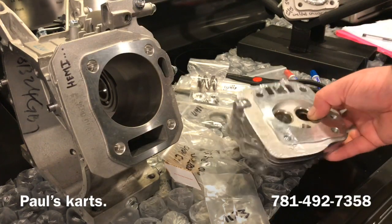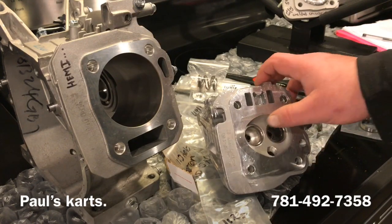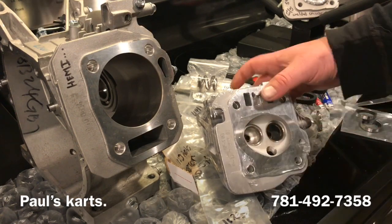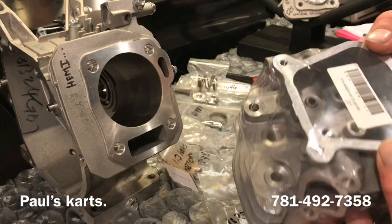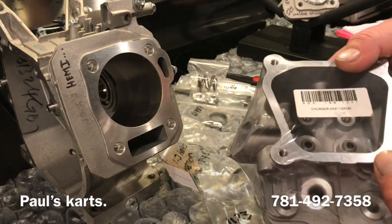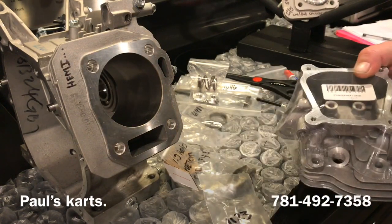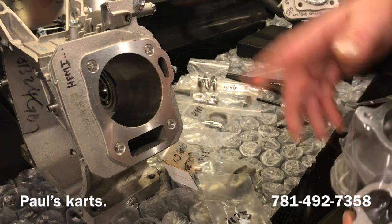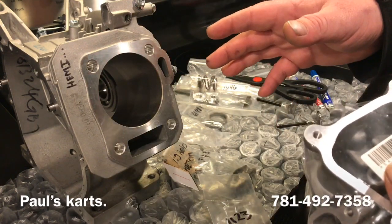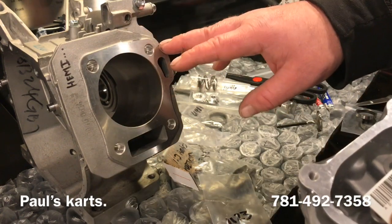So what this cylinder head's going to get is a 32/28, I'm pretty sure those valves are. So a 32/28, and this is a Hemi block, but I was sent a GX160 cylinder head for this engine. So I'm pretty sure he knows about the differences that were discussed. So if you don't know about the differences,